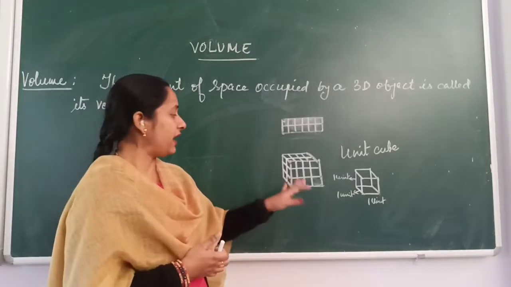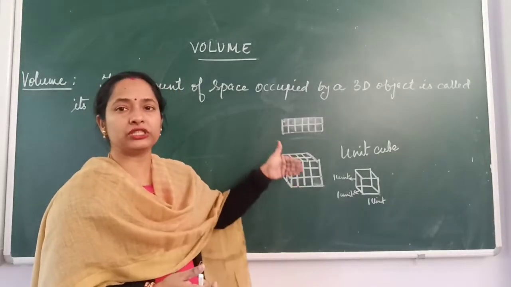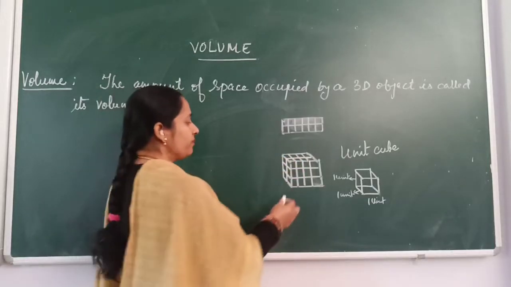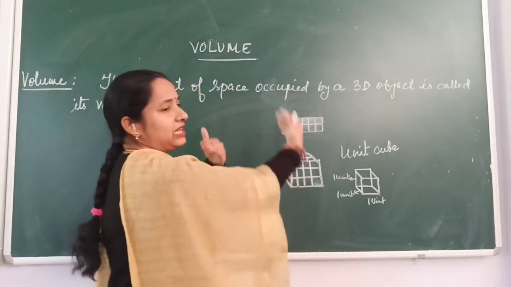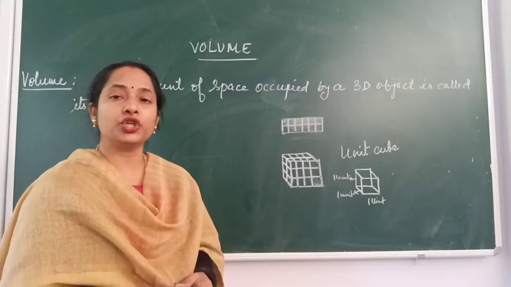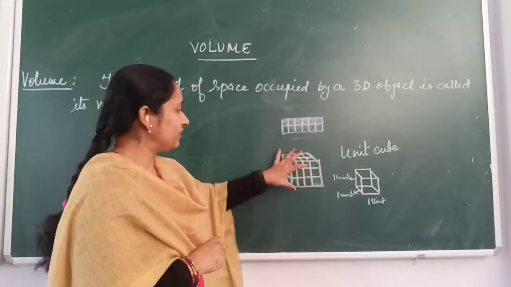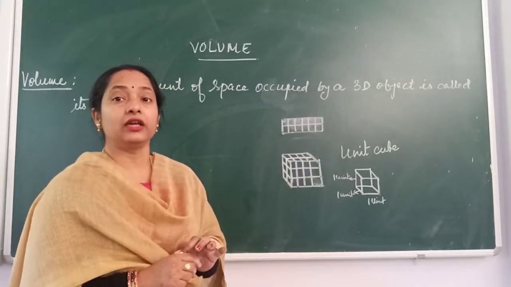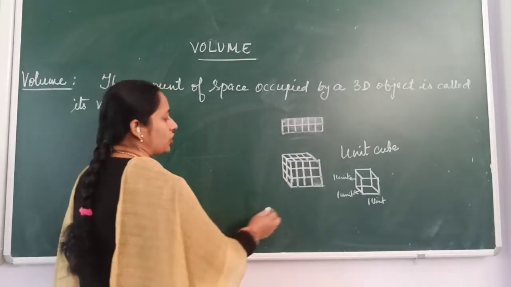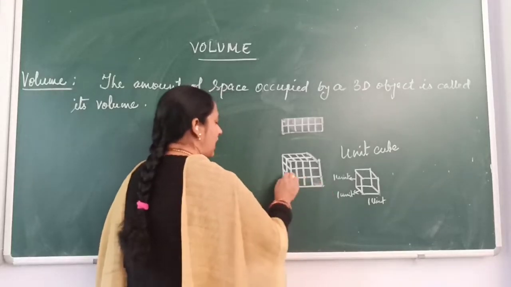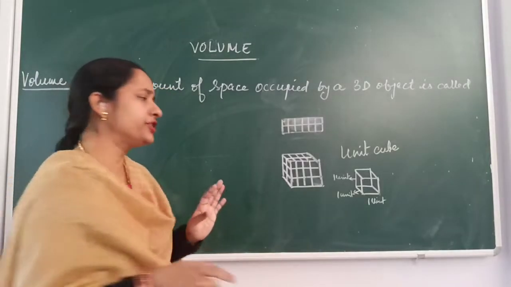In the same way, when you are showing that you have divided this particular cube into some unit cubes, you can see only these 3 faces and the other parts are not visible. So how can you identify how many unit cubes there are in total in this figure? The easiest way is simply this: along the length, along the breadth and along the height, count how many units you have.